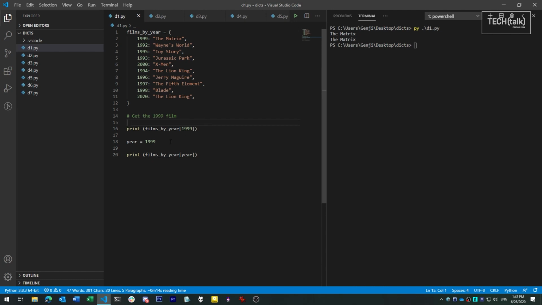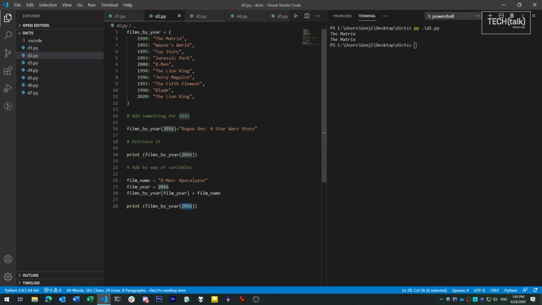Note that we can also use the value of a variable as the key. We're not limited to hard-coding the key in the query. When we want to add items to a dictionary, we just use the same syntax as the lookup, except that we turn this into an assignment instruction. And likewise, we can use variables to perform the assignments. Note that if you assign a new value to an existing key, the old value will be removed from the dictionary. Removing an item completely from a dictionary isn't hard either.